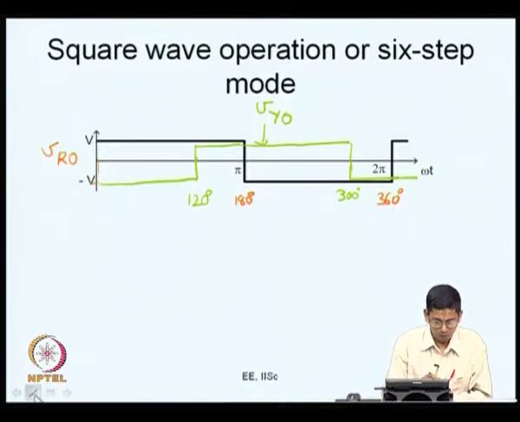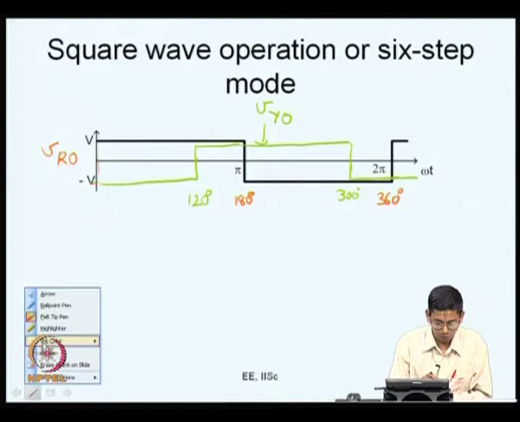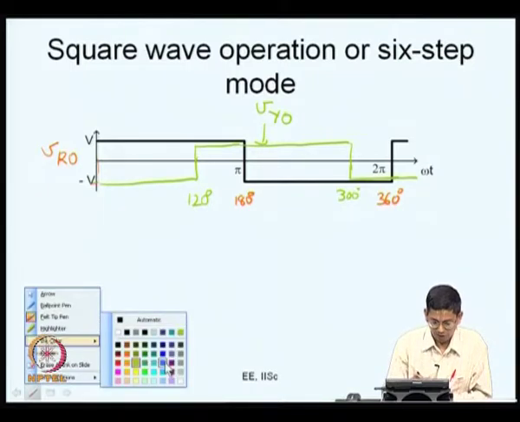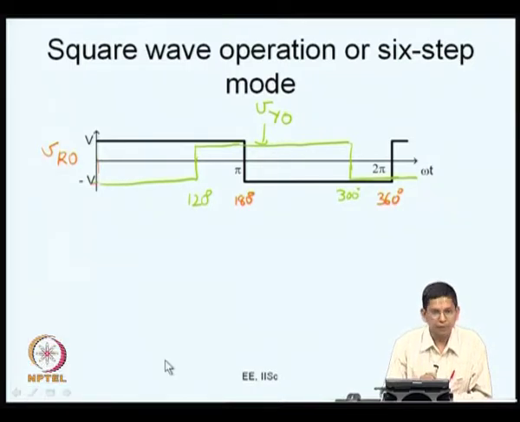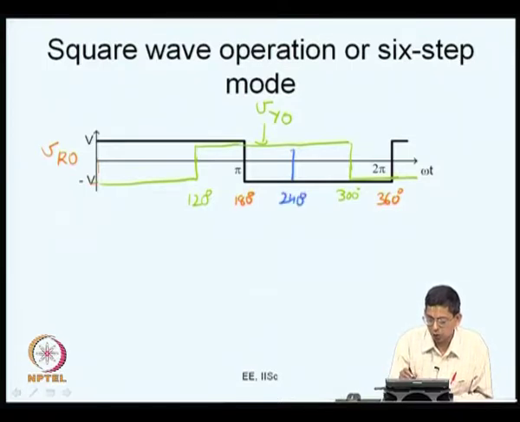Now, let us move on to see how the blue phase should look. For convenience, let me choose blue color ink here. R phase switches from low to high at 0, Y phase switches from low to high at 120. So, B phase should be switching from low to high at 240 degrees. So, this is 240 degrees. At 240 degrees the blue phase switches from low to high and it remains high for another 180 degrees,